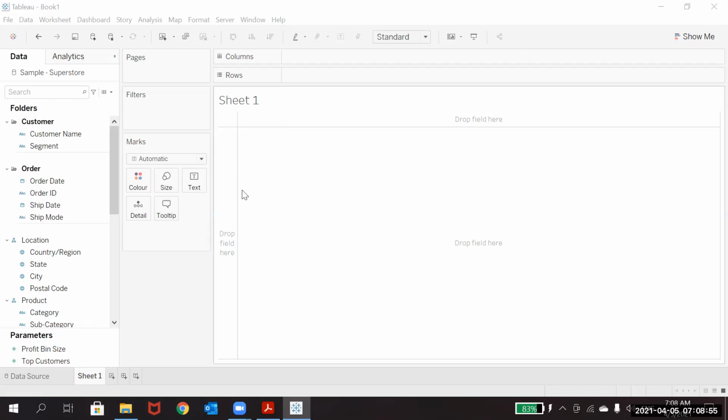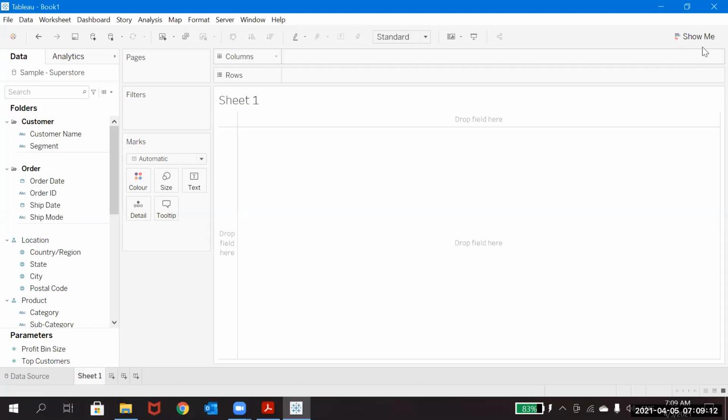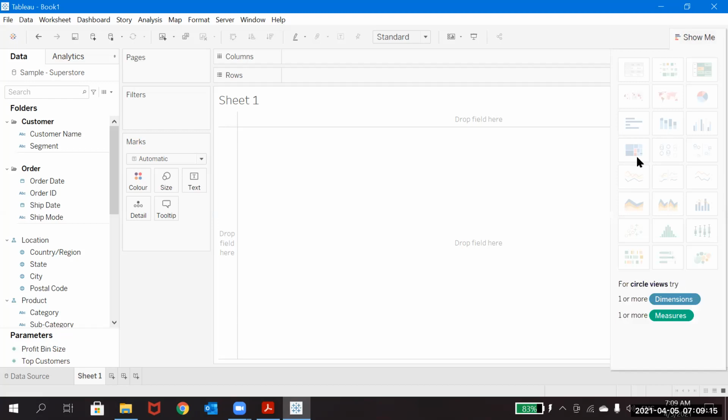So, last Friday we checked about those stars, and Thursday we discussed the simple graphs, like how we can create them in Tableau, right? So now we will see the graphs we can create within Tableau, what is available, the inbuilt graphs which come in Tableau, and what you need exactly to create those graphs.